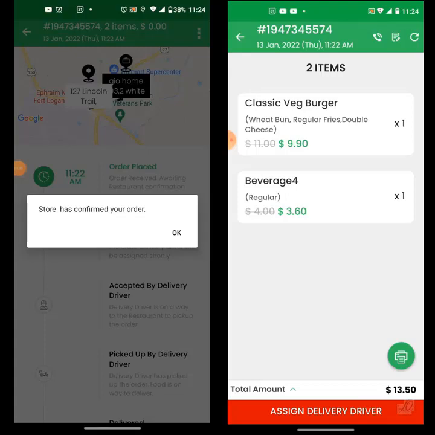So now the restaurant sees all the details, as you can see: classic veggie burger, wheat bun, regular fries, double cheese, and then beverage number 4, regular. The restaurant can also see the discount that they have for those items. So if the restaurant says, "Wait a minute, we need to discontinue the sale," they can go in and discontinue because it reminds them to do so. After the restaurant preps the order, or in the process of prepping the order, depending on the restaurant's opinion, when the driver needs to arrive,